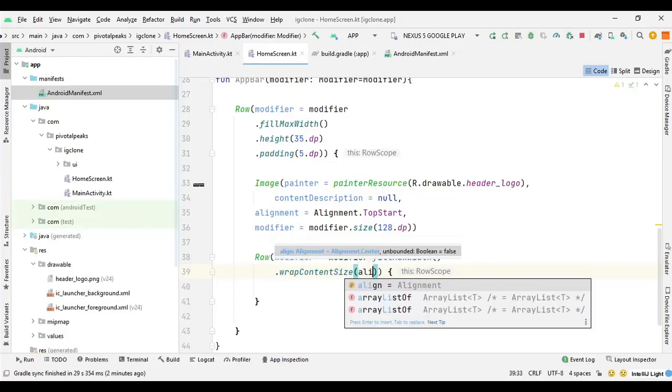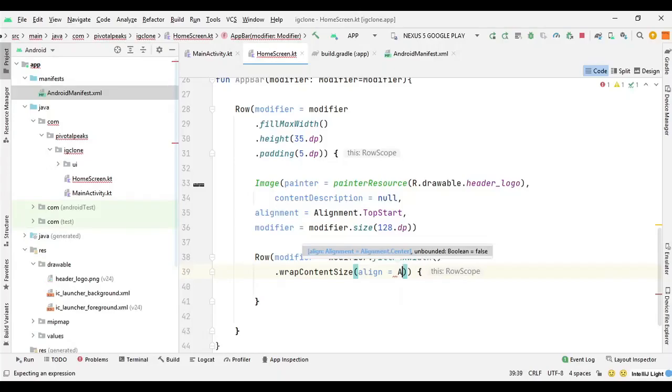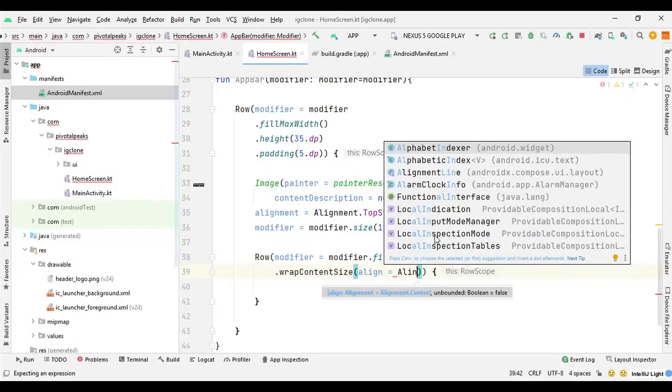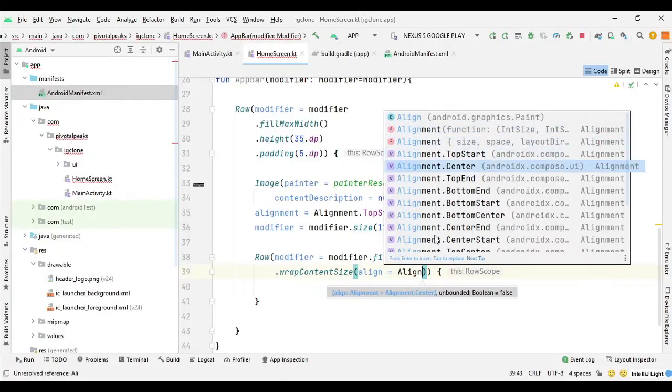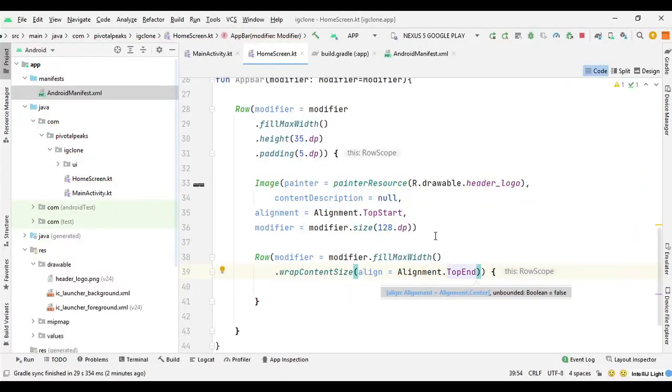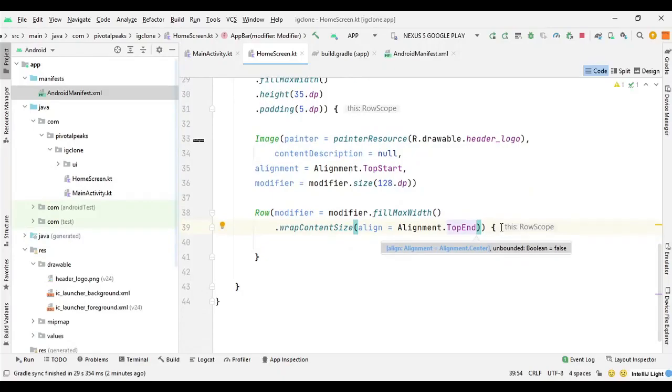So we can say align equals Alignment.TopEnd. Now whatever we put inside this row will go at the end of the row. So here we will put the plus icon and the arrow icon.